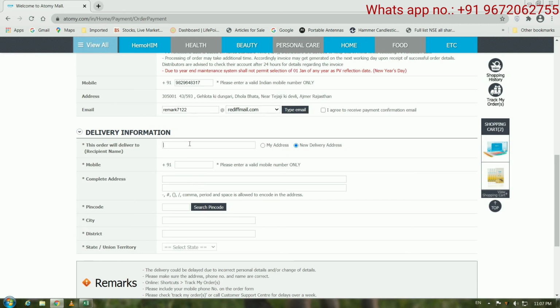So here we will enter the name of the recipient and the mobile number and the address.